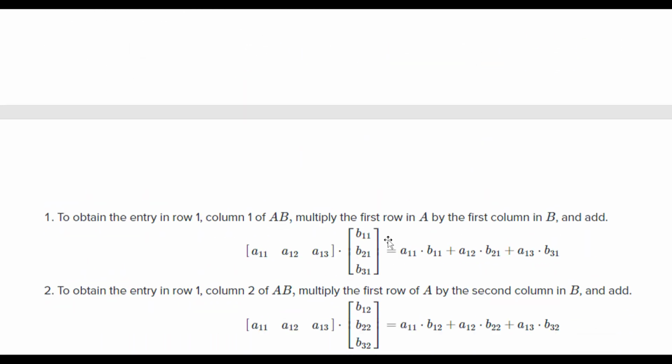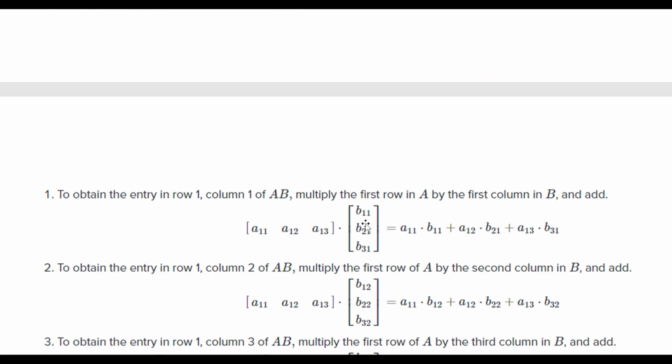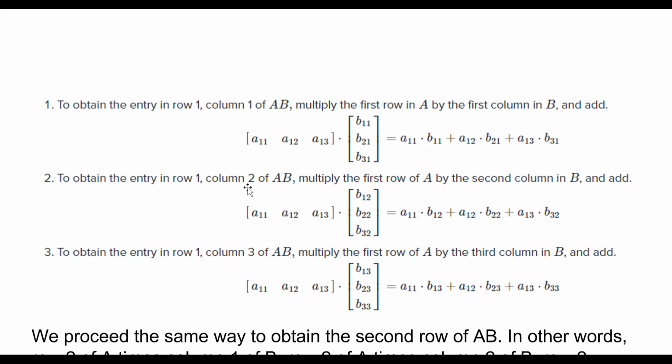And the way we're going to get the values, we're going to be multiplying these 3 from this row times each of these 3 in that column. So A11 times B11, A12 times B21, A13 times B31, and then we add them up. So as I'm showing here, then we add them up. To get the second, row 1,